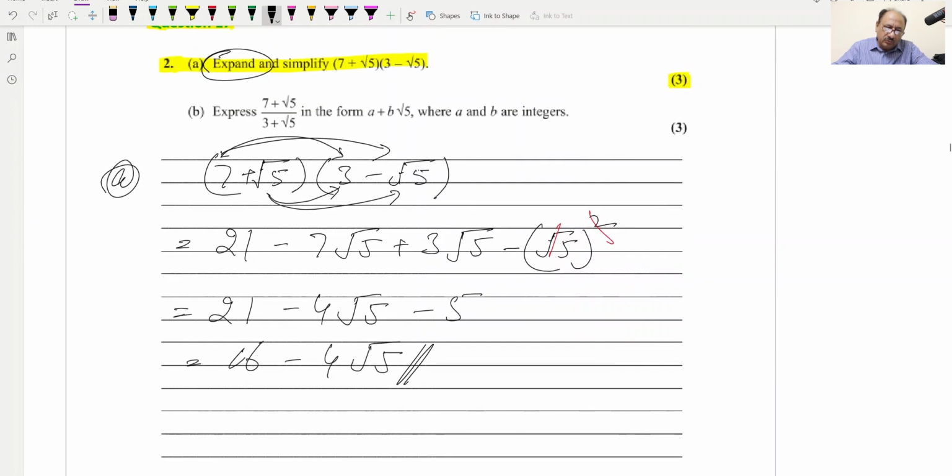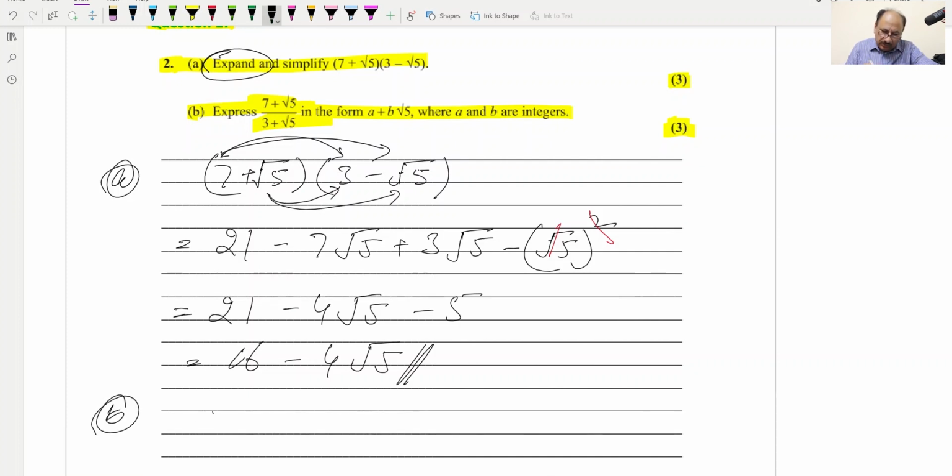Now we can go through the B part. B part says express this in this format. This is a rationalization question, and this is also 3 marks. So we can copy the question. B part, it says,